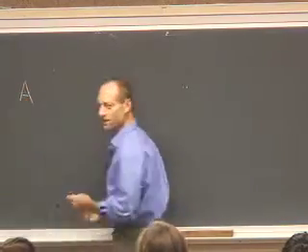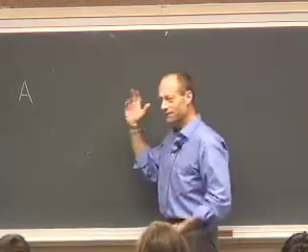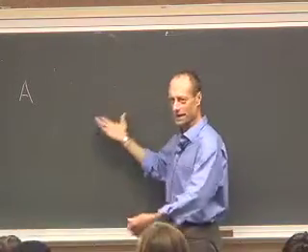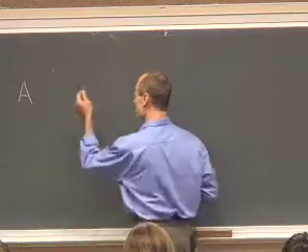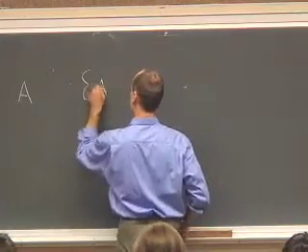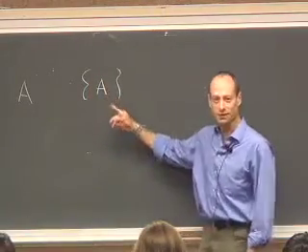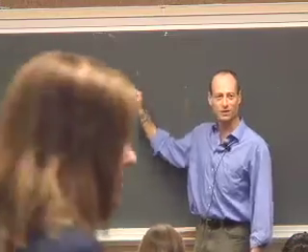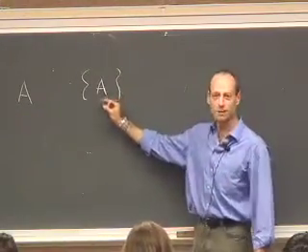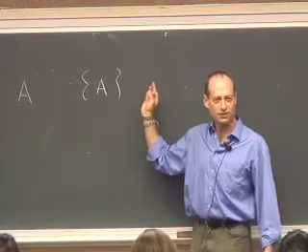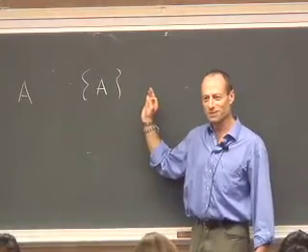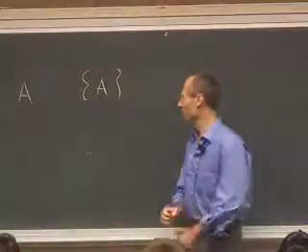All right, so if A is a set, it might be empty, it might have elements, but it's not the same thing as the set that contains A as its element. This is a collection of sets. Right? It's a set that has as its only element another set. Right? Does this kind of make sense? No, it doesn't make sense. Okay.